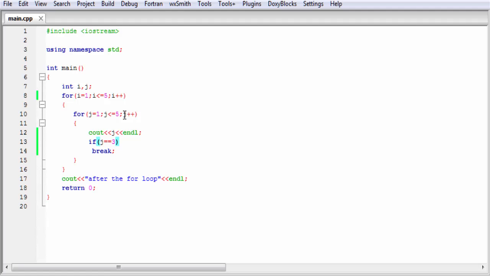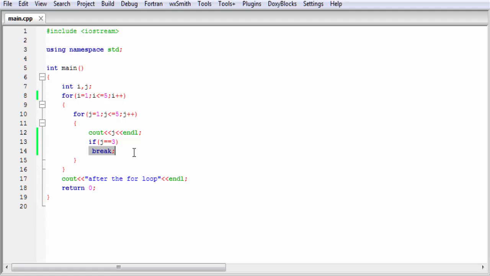Because when the value of j is less than 3, it prints 1 and 2. When the value of j is 3, first it prints 3 and then executes this statement. It checks this condition, yes it is true. Then it executes the break statement. When the break statement is executed, the inner for loop is terminated immediately. Then it executes the statement after the inner for loop.